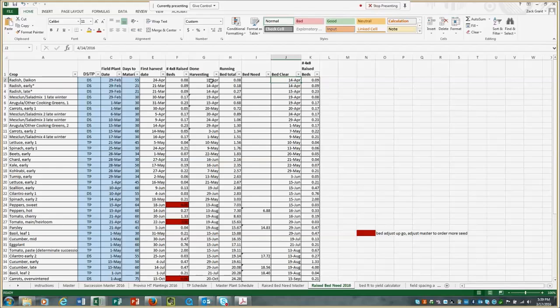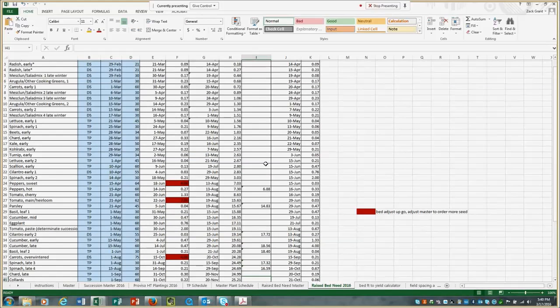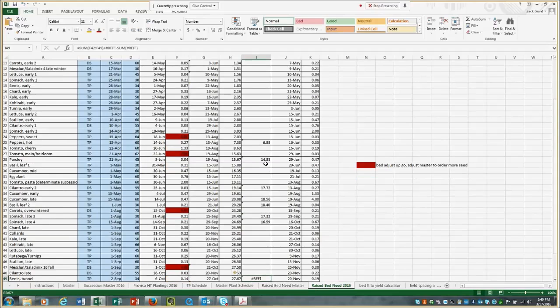Okay? This sounds very confusing, and it took me a while to come up with this, but essentially I put this in here because I wanted to figure out, as we look down here at bed need, if the amount of beds that I had in the Proviso High Tunnel Giving Garden High Tunnel was going to be enough. And in this case, we were running about a maximum of 18 to slightly under 19 raised